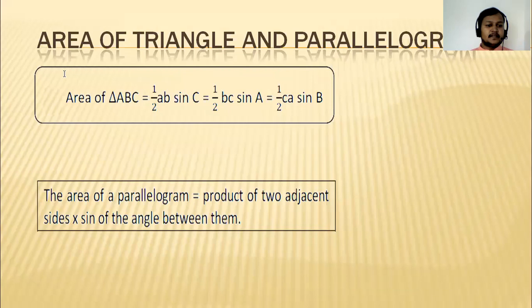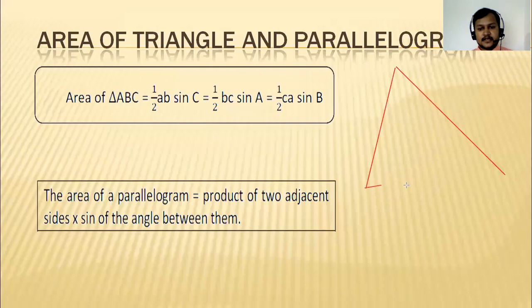Here also, while writing area of triangle, we can say 1/2 product of two sides into sine of angle between them. कुनै पनि triangle मा दुईटा side दिएको छ. If these upper two sides are given to us, यो triangle मा माथिको दुईटा साइडहरु दिएको छ भने यो एंगल चाहियो हामीलाई, यो दुईटा बीचको एंगल. We need this angle to find out its area.